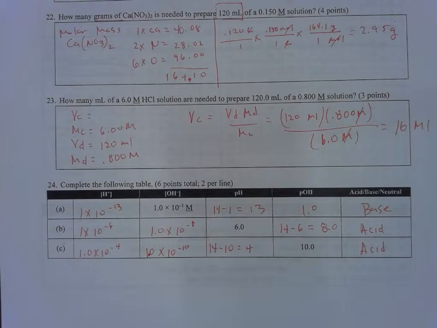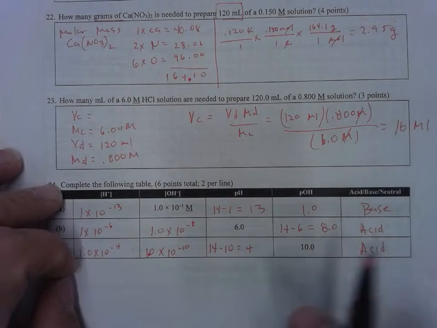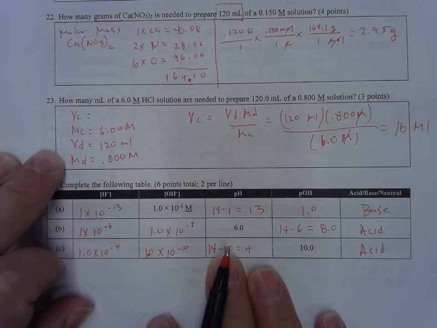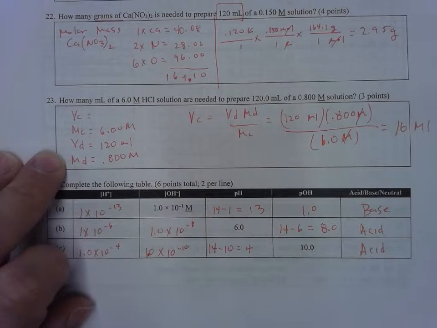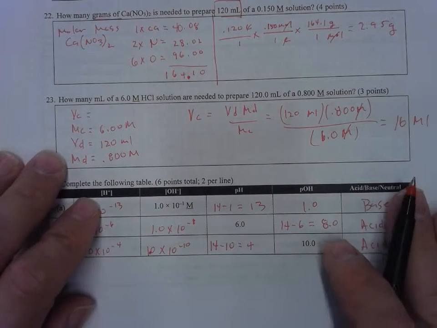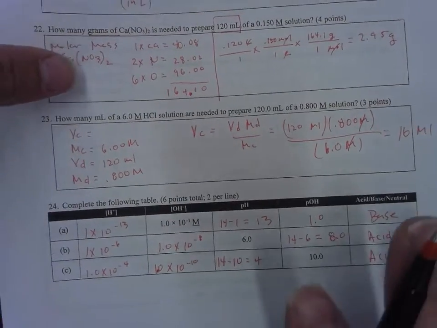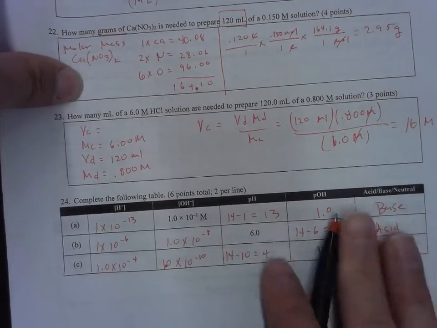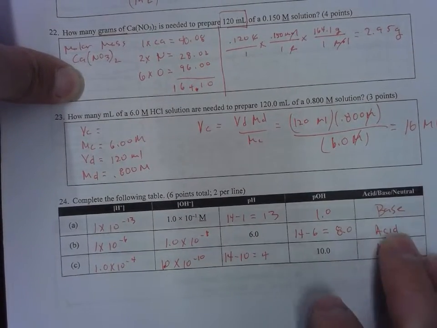Very simple. Now let me just say this. When you get to higher levels of chemistry, there's no way it's ever this simple. These numbers get really, really complicated, especially when you start calculating dissociation of weak acids and weak bases and things like that. But for our purposes, this is all you need to know. But if you study this stuff further, you really need to understand logarithms and how they work. I purposely did not explain it in this class because I'm trying to keep things simple. All right. Next up,